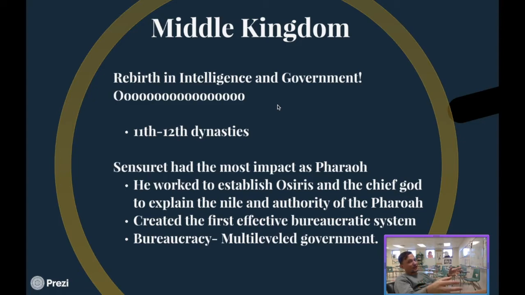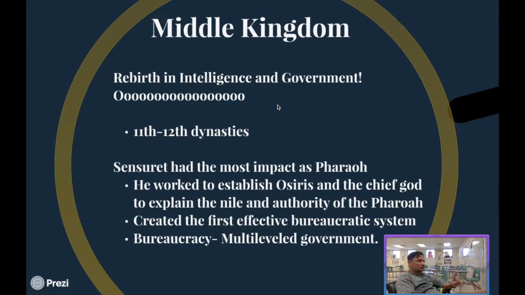Now, when we say chief god, we don't mean above Amun-Ra. We mean the chief god as in the power of the pharaohs, the regularity of the Nile, the enforcer of Maat, and also the main daily god. He is the god that people relate to most on a regular basis, whereas Amun-Ra is still the one true, supreme god.